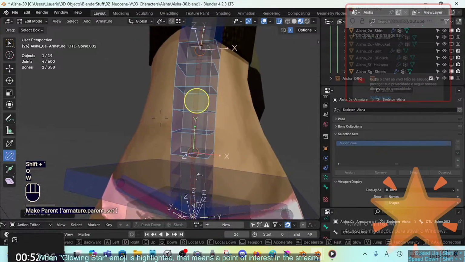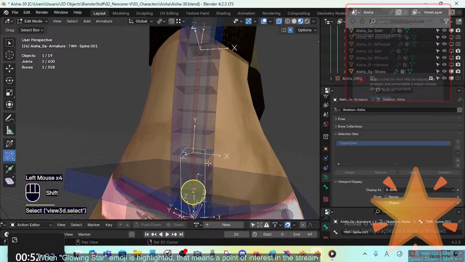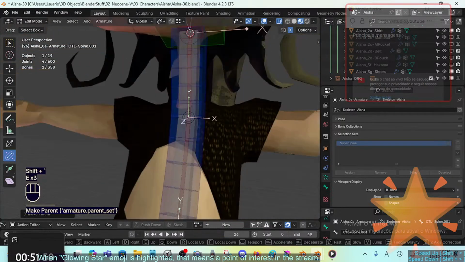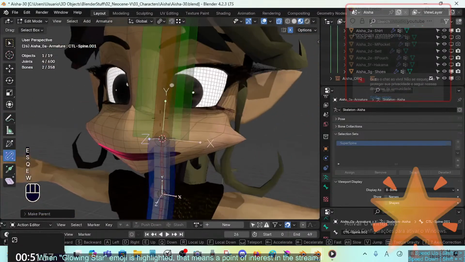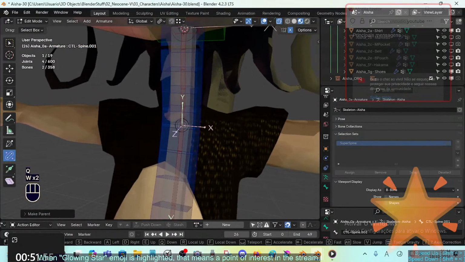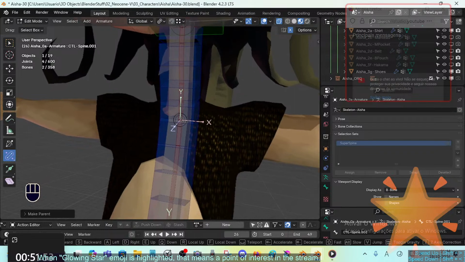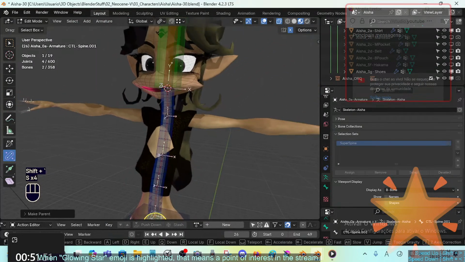But there is a trick I got from a Pierrick tutorial on YouTube, where he was trying to dismantle an arm rig